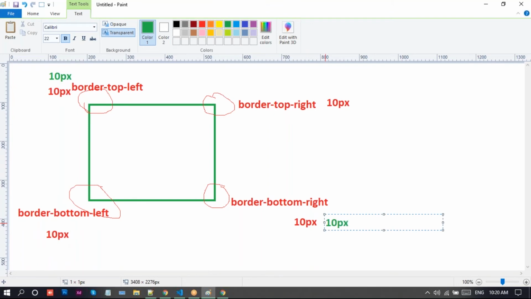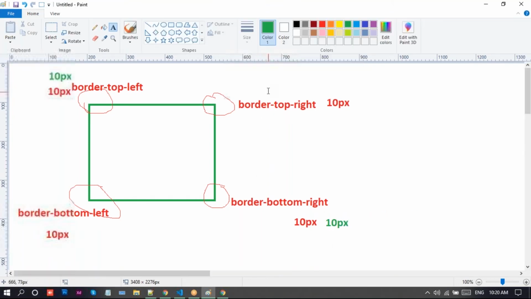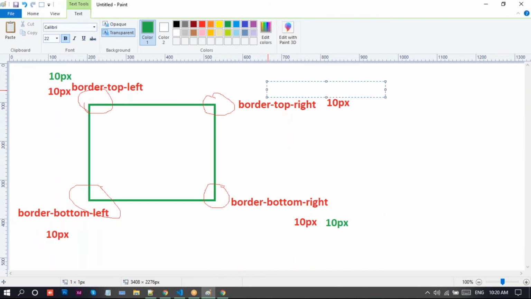So we have the 6 percentage, right? That is the top right 6 percentage, and here 6 percentage. So if you find two values, it will take this one. I'll show this one.